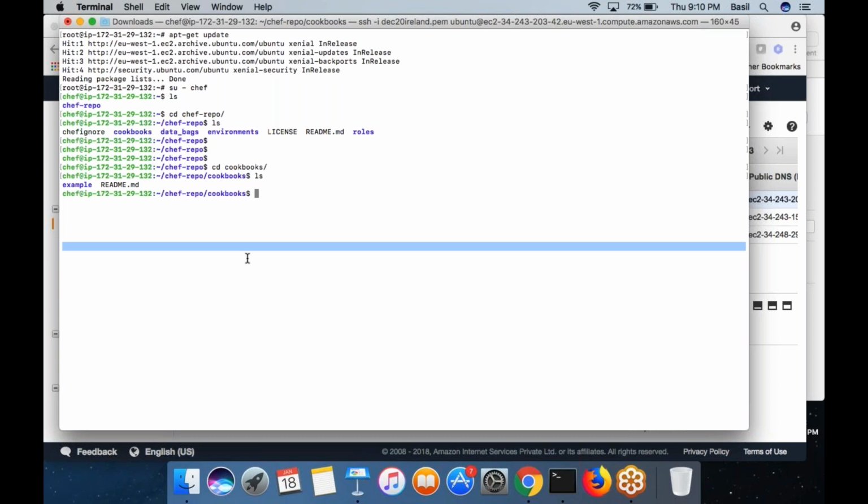The advantage with defining attributes is that whenever you want to write down your recipe, let's say you want to install Nginx, inside the recipe you can write a resource called install Nginx. At the same time, you can mention the version of Nginx.